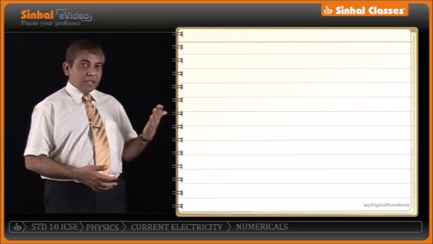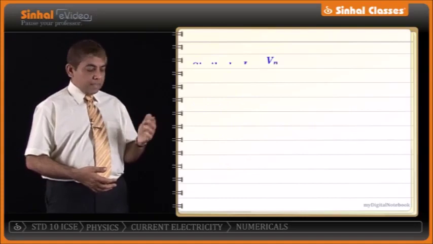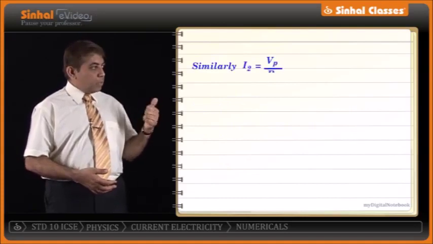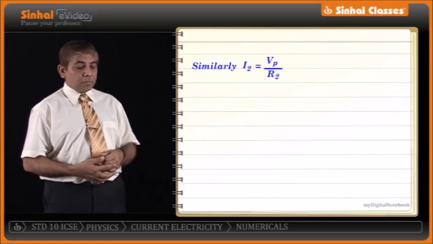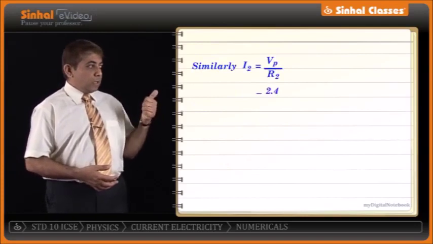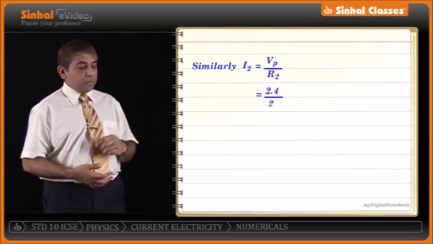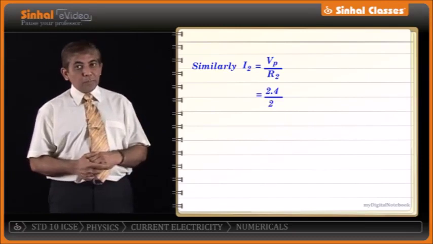Secondly, I have to find out I2 also. So I go on similar lines. Similarly, I2 will be equal to Vp upon R2. If I substitute over here, it works out to be 2.4 divided by 2, which works out to be 1.2